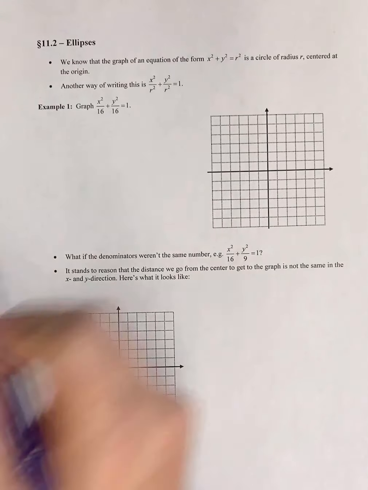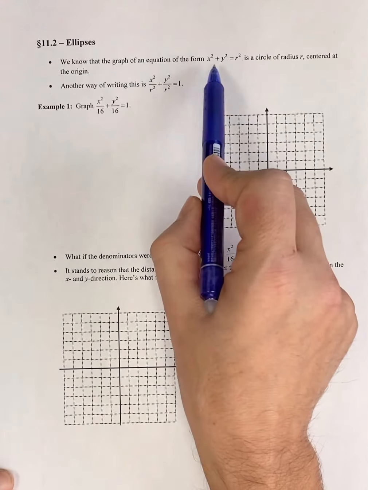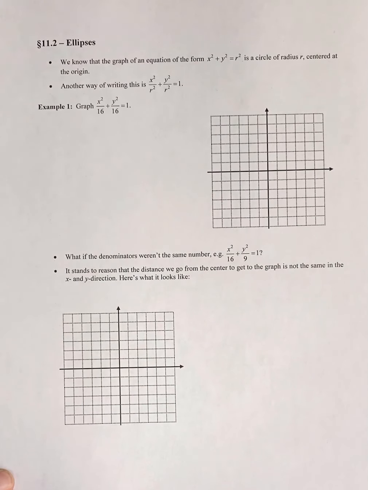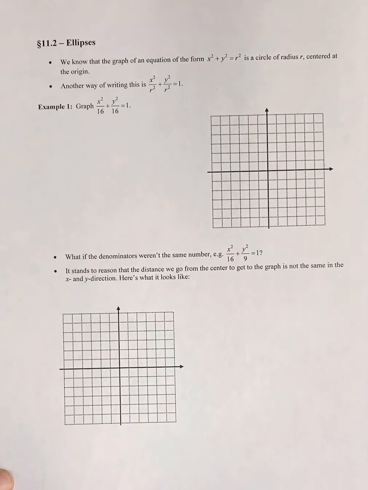Now I'm just going to take this equation and write it in a slightly different way. If I divide both sides of this equation by r squared, then the equation looks like x squared over r squared plus y squared over r squared equals 1. And I want to look at it in this way on purpose because this is what most naturally leads to looking at ellipses. So in example 1, I ask us to graph x squared over 16 plus y squared over